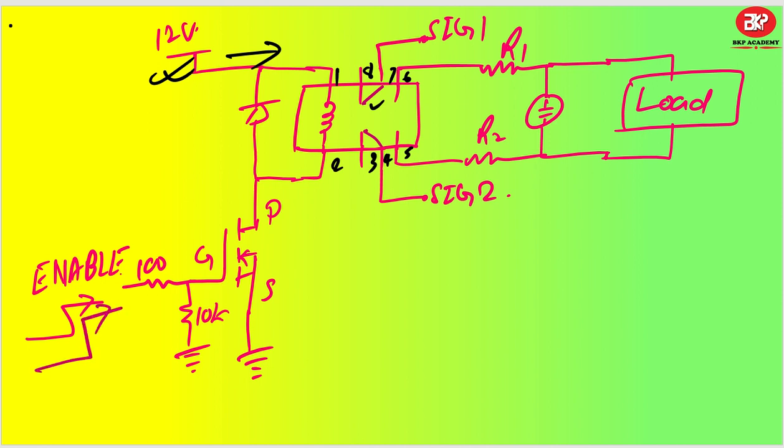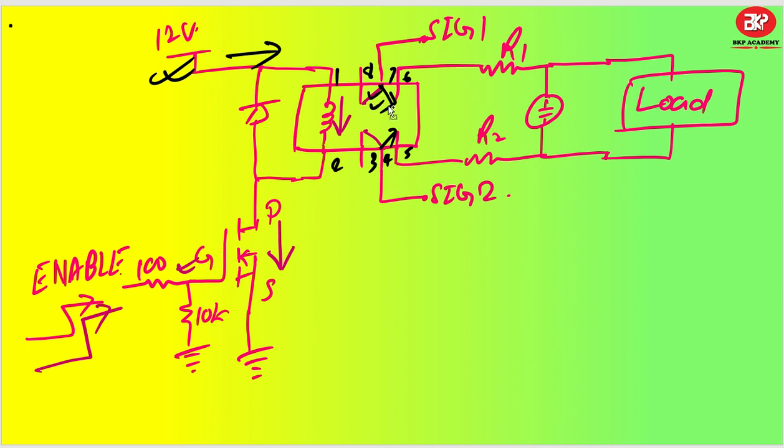Now let us say this enable signal is given here. So the gate will get charged up and this MOSFET will start working. Once the MOSFET starts working, then this particular path will start working. So in this way, the coil will get excited after getting charged. This charged coil will now make sure that this pin number 7 switch will get reflected to pin number 6. Similar to that, pin number 4 switch will get reflected to pin number 5. So they have changed the position from 3 to 5. Similar to that, they have changed position from 8 to 6. Got it? So this is how it is done.